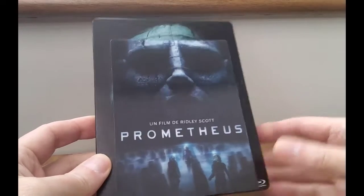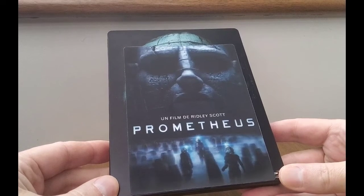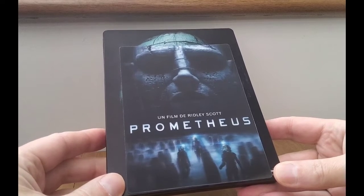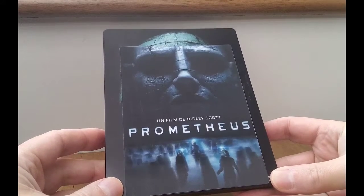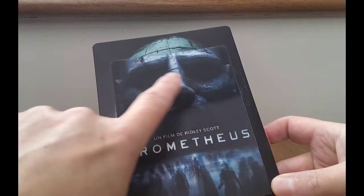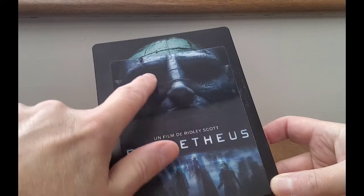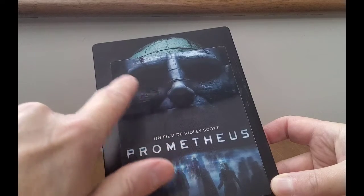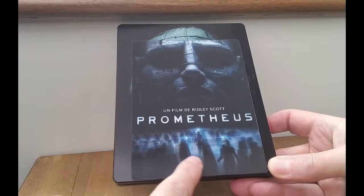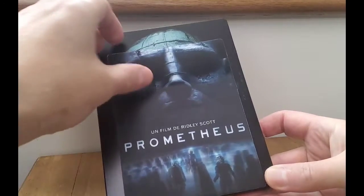Now this is a kind of mashup. This lenticular here was actually from a French edition, which again, I bought quite cheap on eBay. And what I've done is, if you can see, the head, which is featured in the film, at the back here, I've lined it up so you've got a lenticular version of the head with the original image on the back. And obviously this scene where they enter this room with all of these pots. So if I remove that,